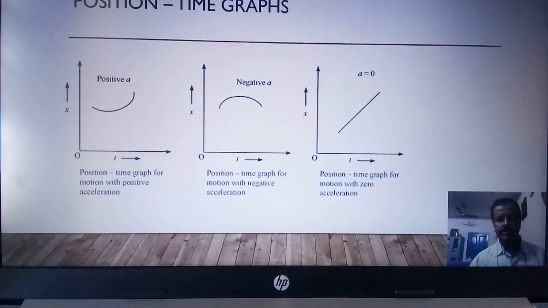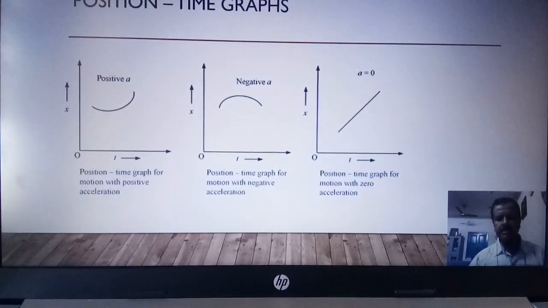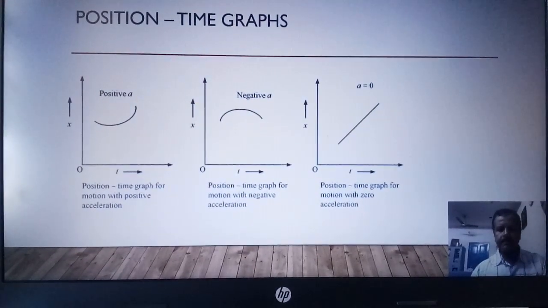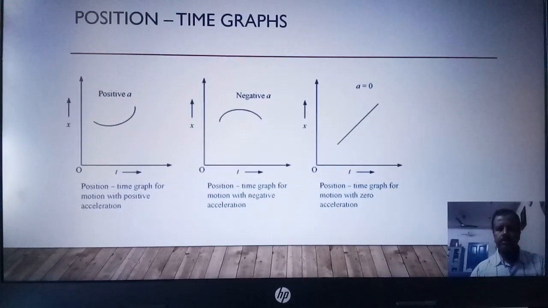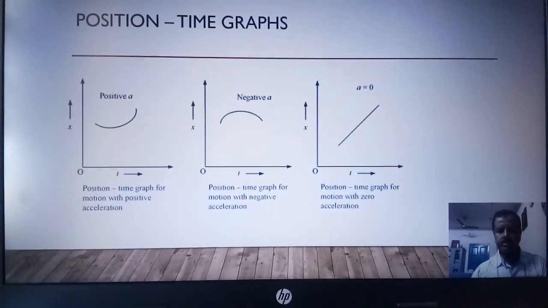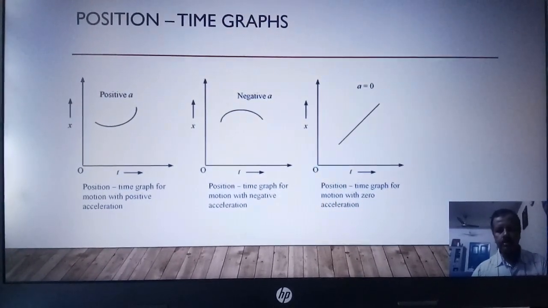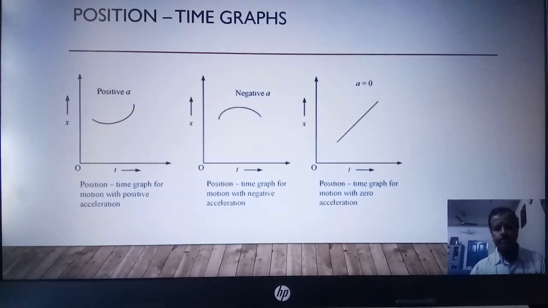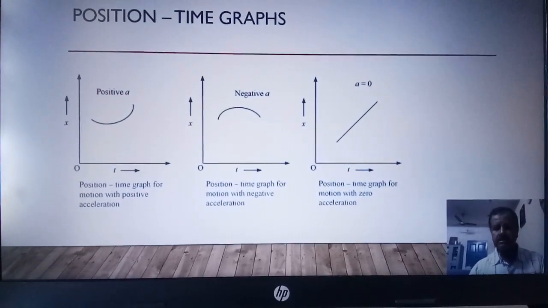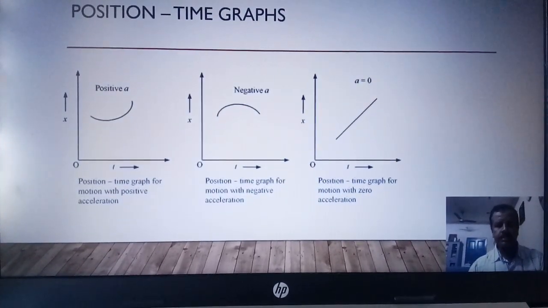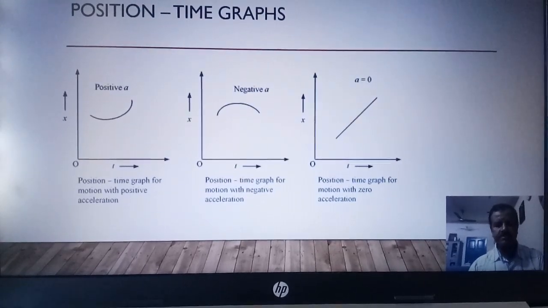And the third one, you see, the position versus time graph is a straight line. As we have studied earlier, if the position versus time graph is a straight line, then its slope gives you the velocity. The velocity is a constant. When the velocity is constant, there is no change in velocity with respect to time. When there is no change in velocity with respect to time, then its acceleration is 0. Therefore, if the position time graph is a straight line graph, then its acceleration is 0. Carefully study all these different types of graphs.